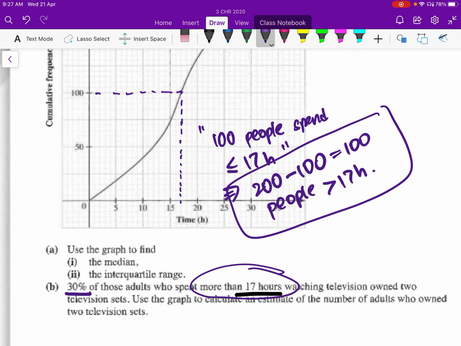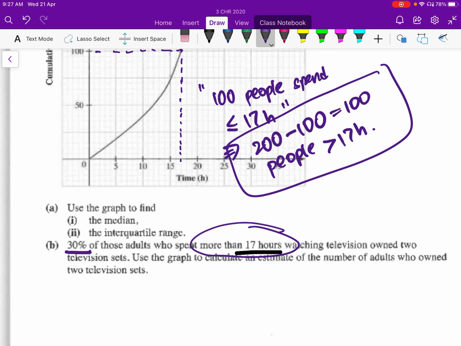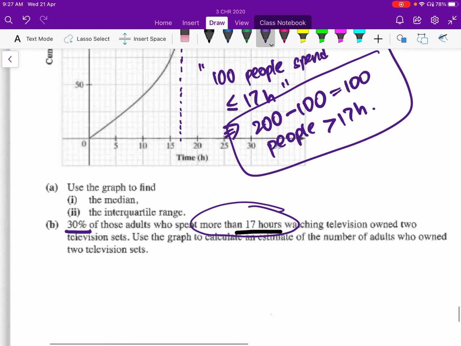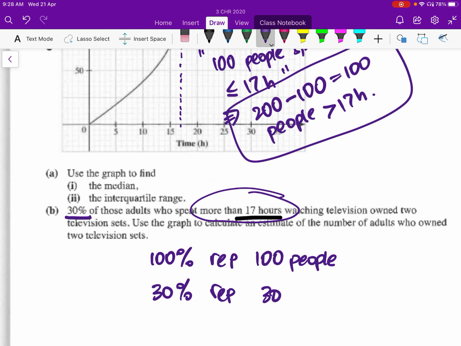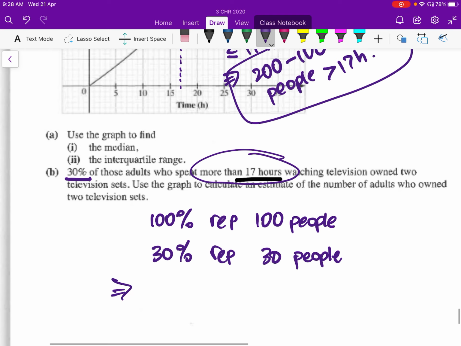So how many people have 2 televisions? 30% out of 100 people. Which is? So 100% represents 100 people. We only want 30%. Yeah, 30% will then represent 30 people. So 30 people own